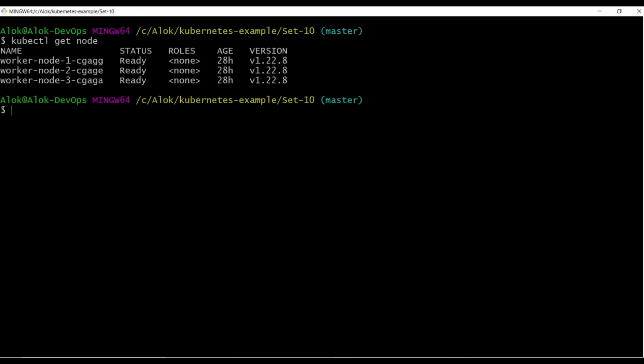So in that case we will apply a taint. This is the only thing that comes to mind when we are restricting a particular pod from being deployed into a particular node. So we are going to apply a taint, and then we will create a daemon set, so that it can deploy a pod in each of the nodes except worker node 3. So to apply a taint, kubectl taint node